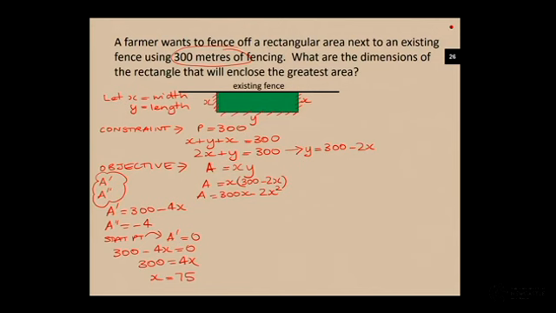X is equal to 75. This is not where you stop. This is what a lot of people will do because it looks like I've solved it. I found x. You have not as yet with your calculus shown that making x 75 will give you a maximum area. You must come back and show me that somewhere. So what you want to do, I'll just put it up here. Okay, so at x is equal to 75,